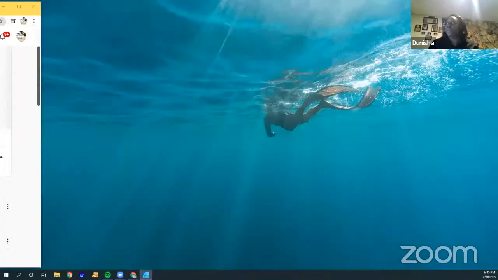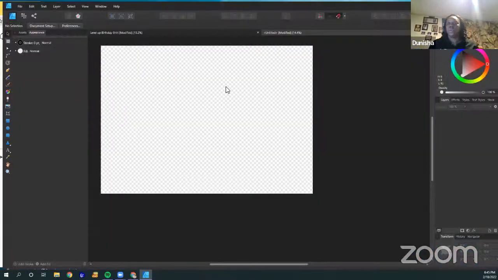Oh, it's asking me if I want to share screen 1 or screen 2. That's a good question. Let's go ahead and share screen 2. And I'm gonna drop Affinity over there. So can you guys see the Affinity screen? Let me turn this so I can actually see the screen too.